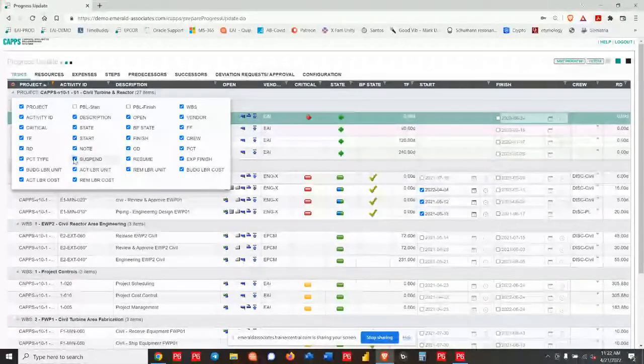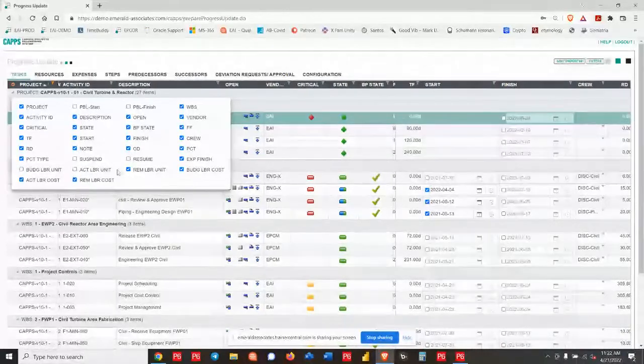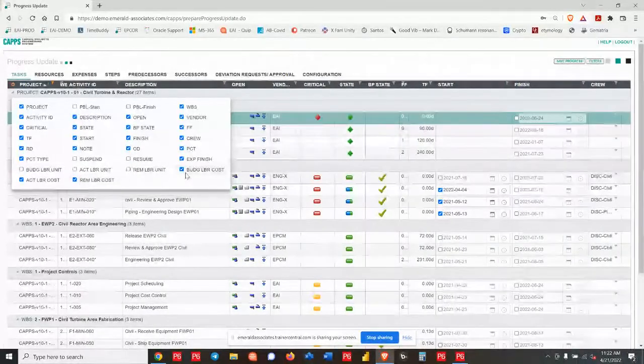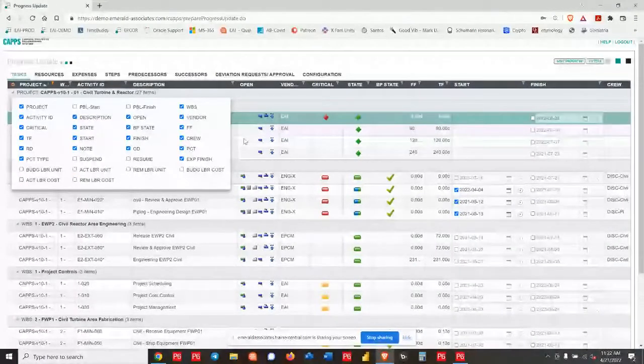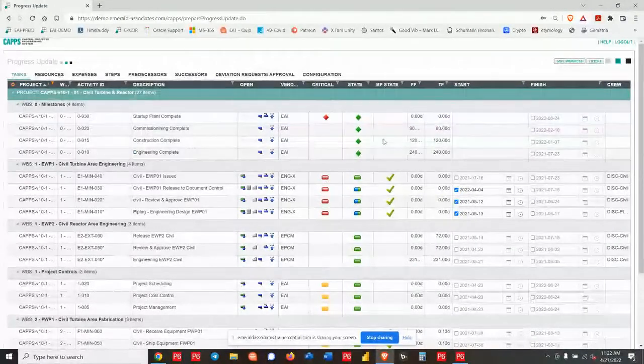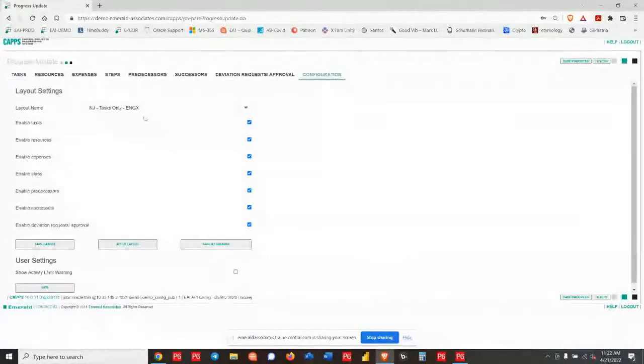Perhaps in your group, you don't use suspend and resume, so we can just turn those off. And perhaps we're not using any real labor, summary labor elements, so we could just turn these off. That's essentially changing all the fields that are available. And once I've got that the way I want, I can just save a new layout